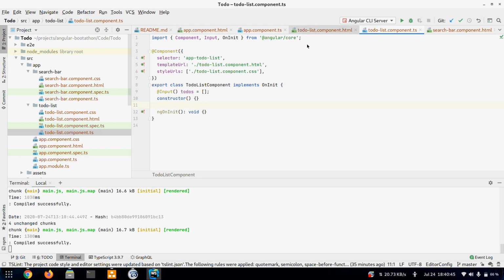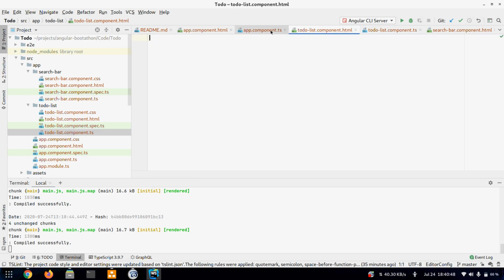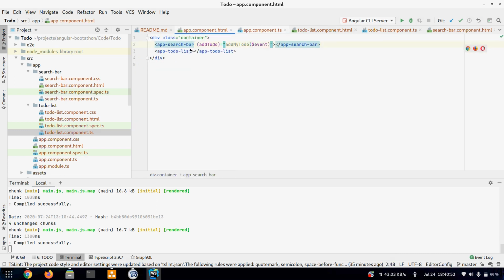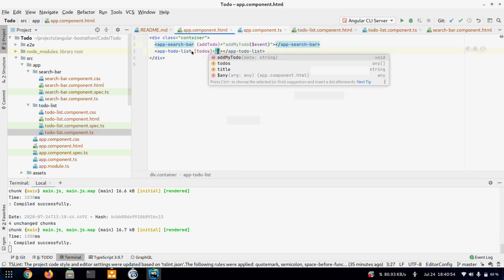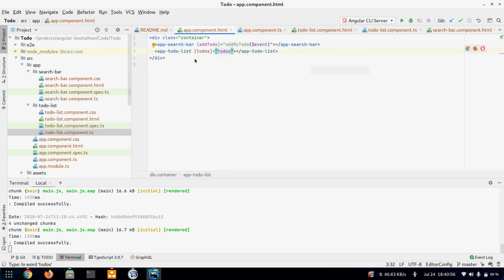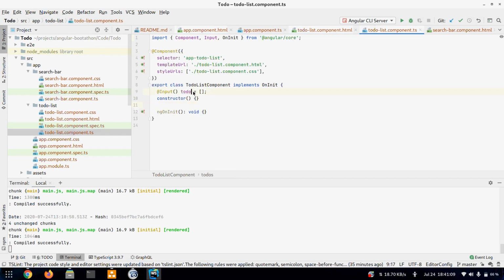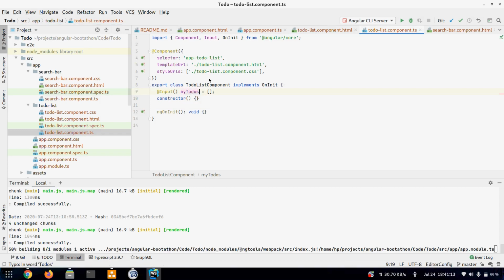Okay, so now same way like we were using property binding on other elements like div, we'll also add this thing here. Now app component will pass toDo. Let's change the name so that it becomes a little more clear. Let's change this to myToDos.